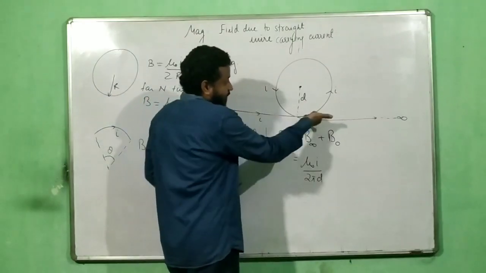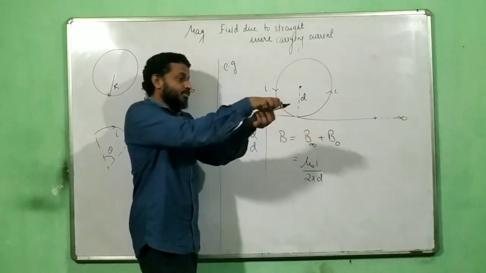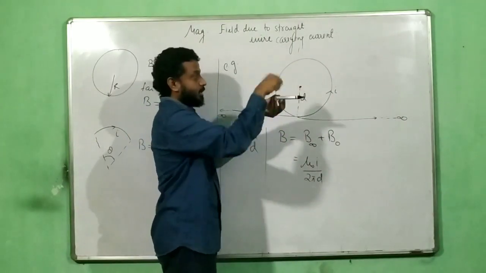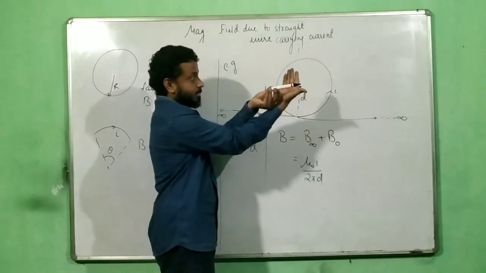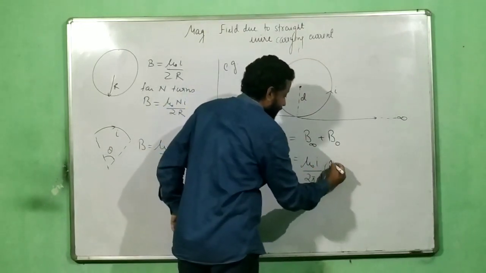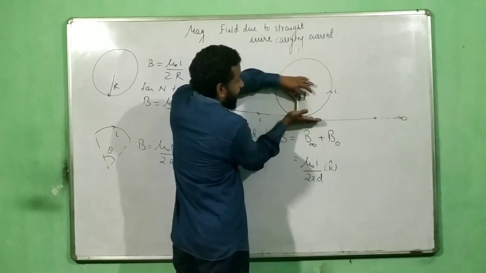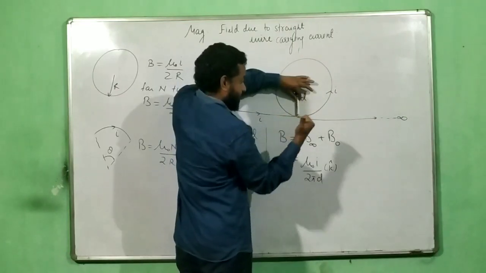Now, if this is my wire, and I have to find the field at this point, if I come here, the field will be in this direction. So that is your plus k cap. Or if you use the Biot-Savart law, this is my r vector, this is your I dl cross r. k cap.